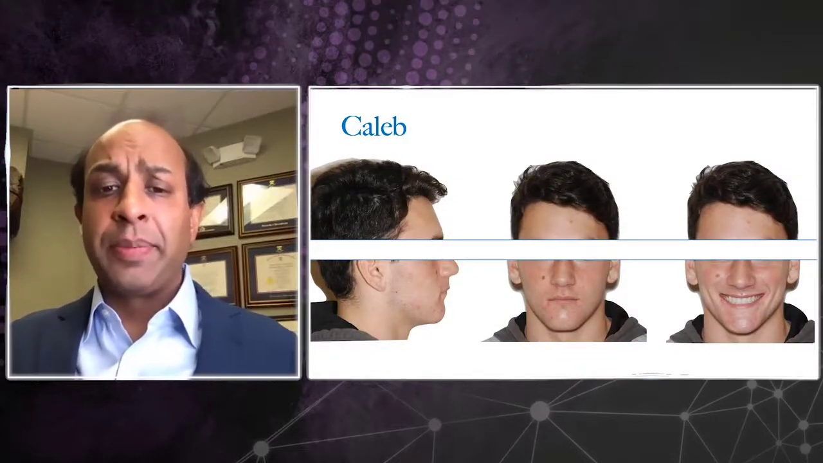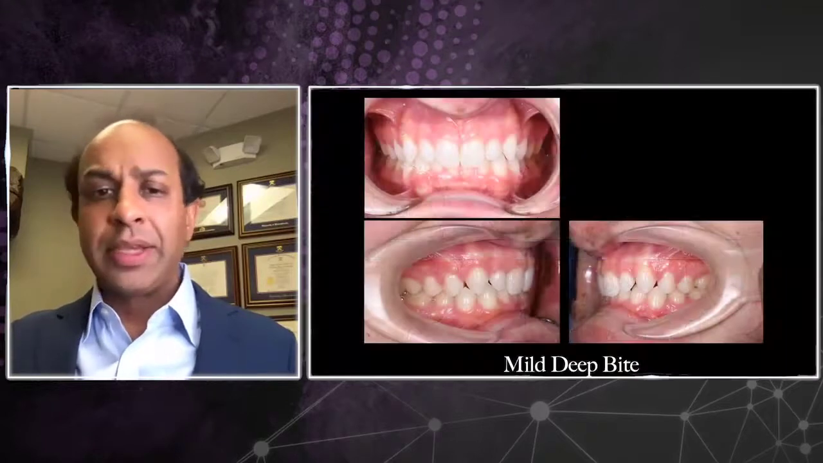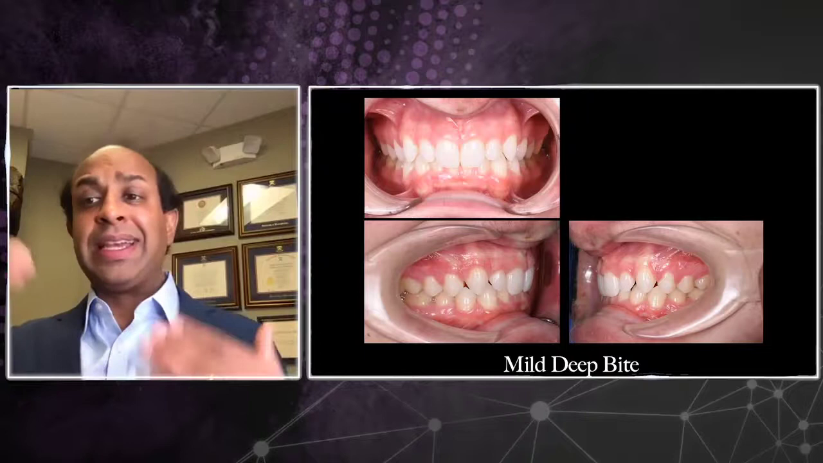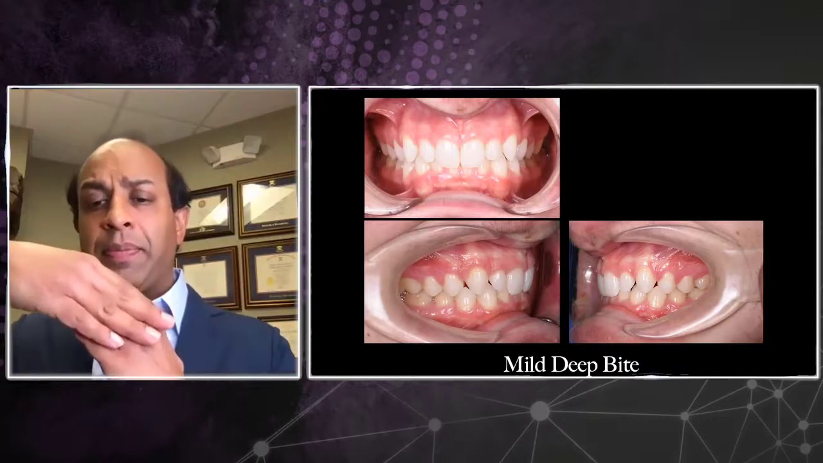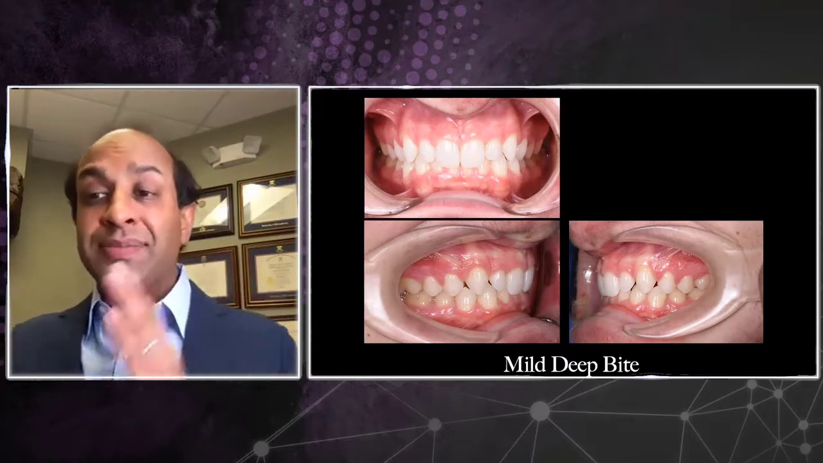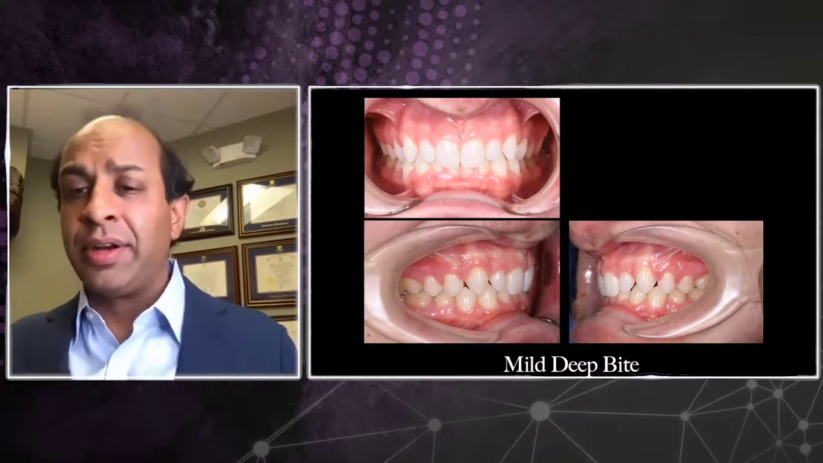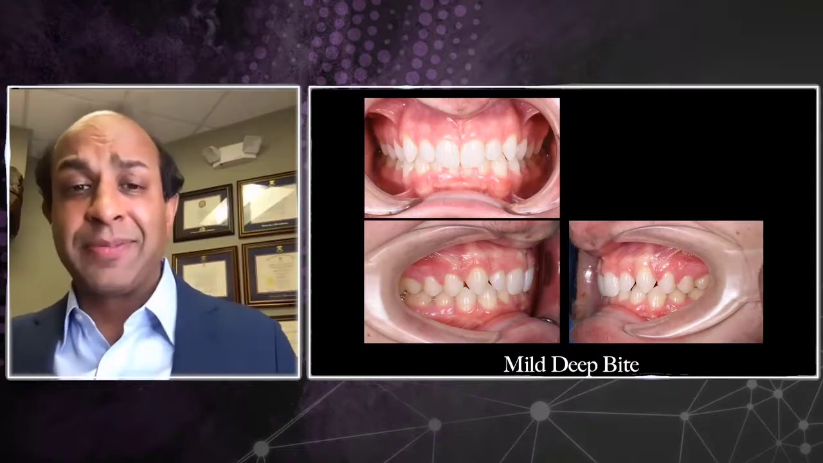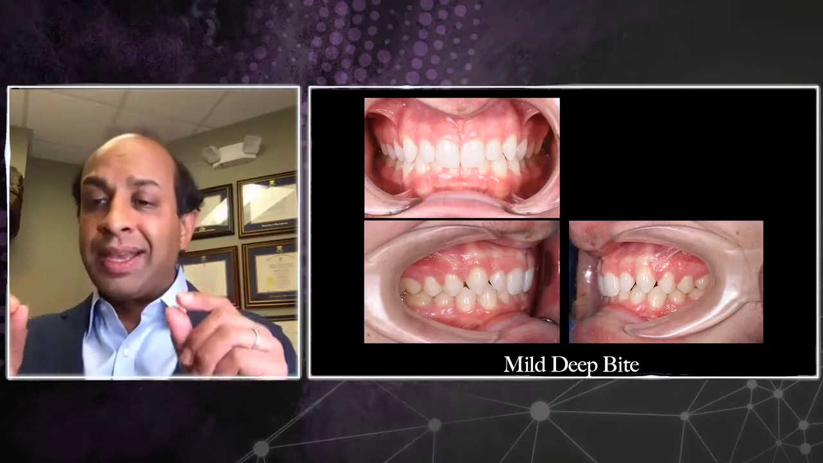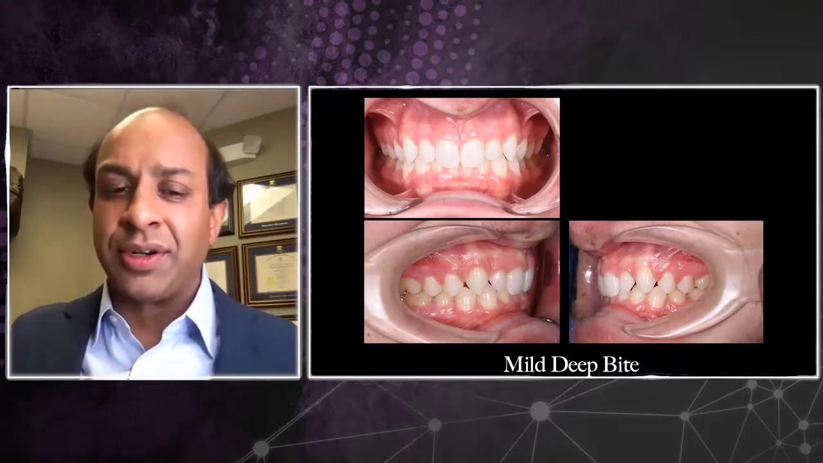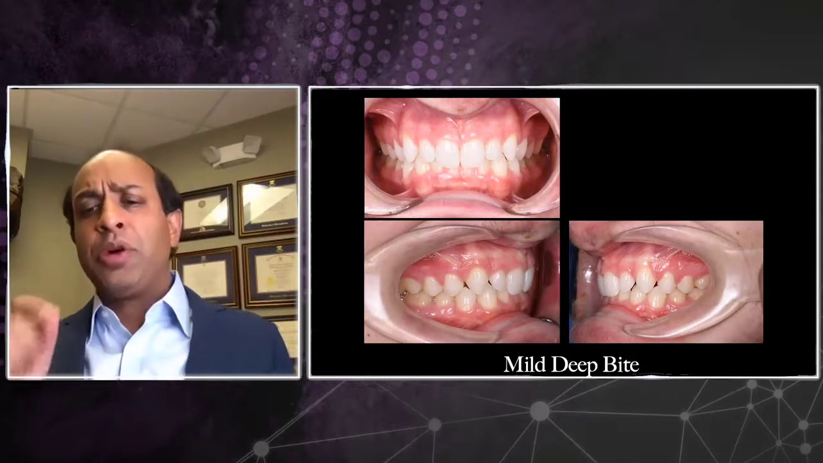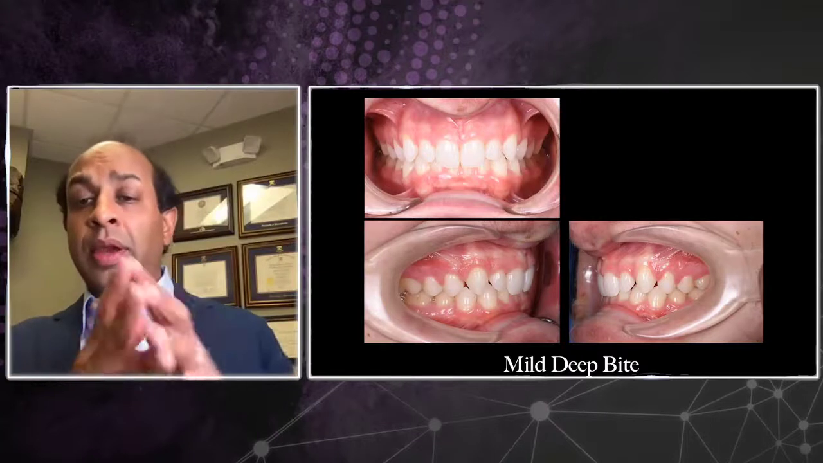So let's take a look at a younger patient, Caleb. If we take a look at Caleb's case, what we can see here is that he has a mild deep bite scenario. Now, if we look at the starting positions of his molars, which is a class 1 scenario, this is a great case. Too often, it is missed as to what is the true etiologic factor of why this is a deep bite case. People are talking about posterior vertical opening,